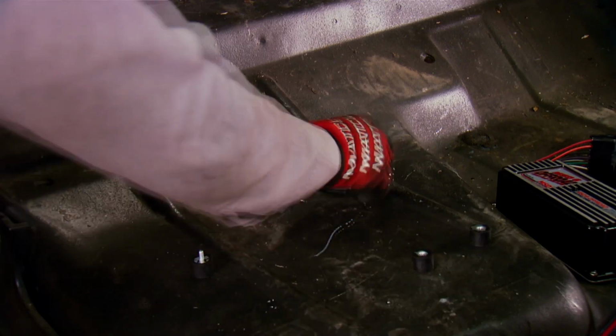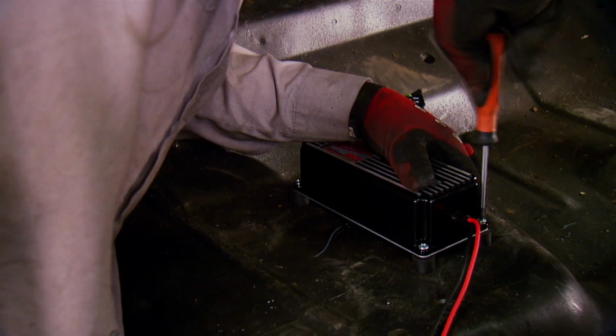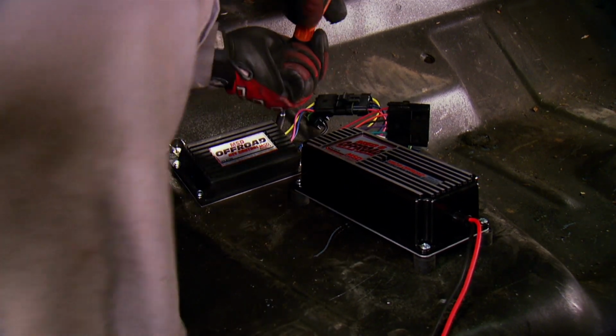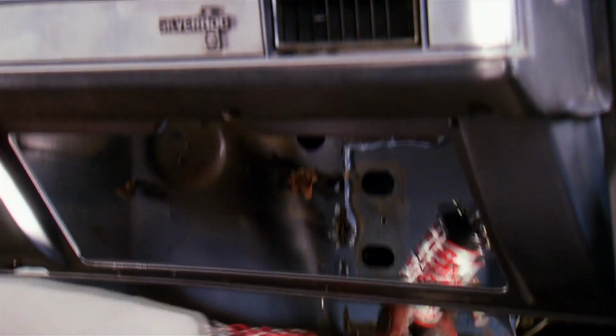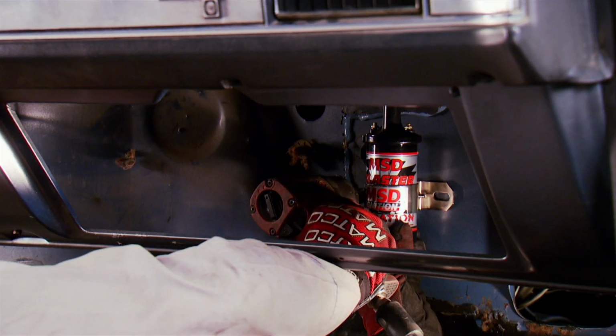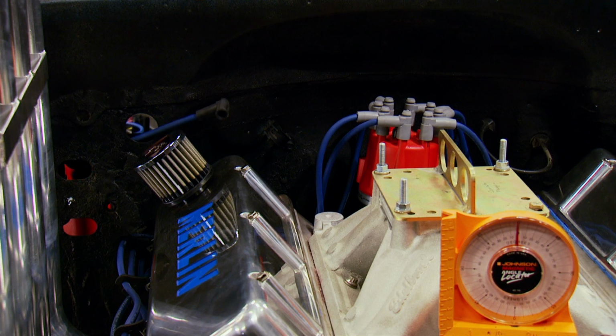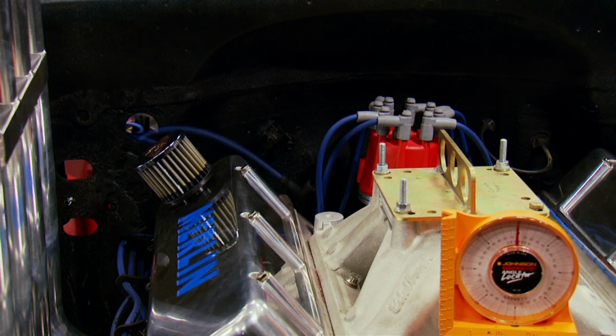MSD stands for multiple spark discharge, and the box works hand in hand with either a factory distributor or aftermarket one, and the coil to deliver 3 sparks during the combustion stroke. These multiple sparks ensure that all the fuel in the cylinder is burned,